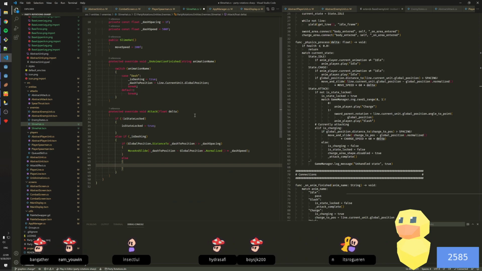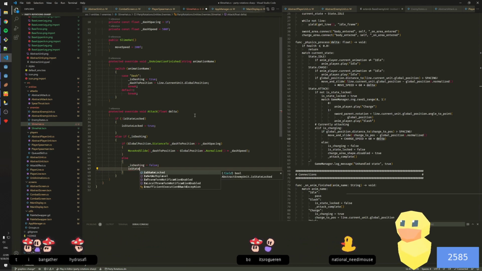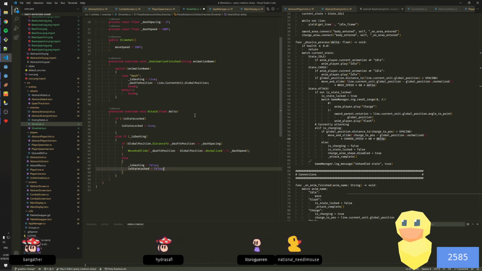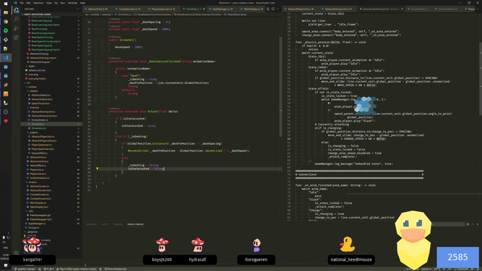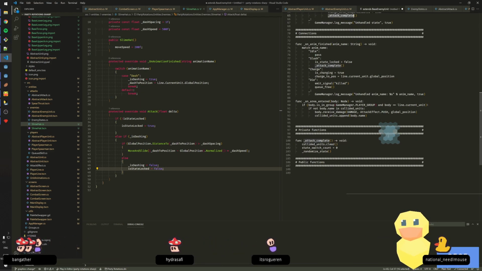So else, let's see, we'll do is dashing is equal to false, is state locked is equal to false. Let's see, what does attack complete do? Attack complete,